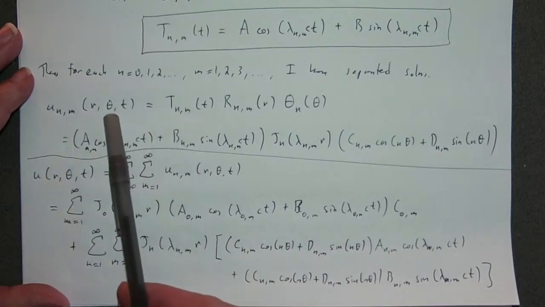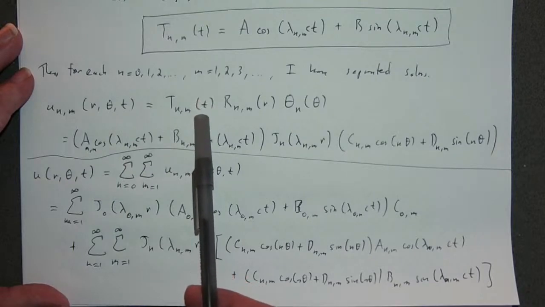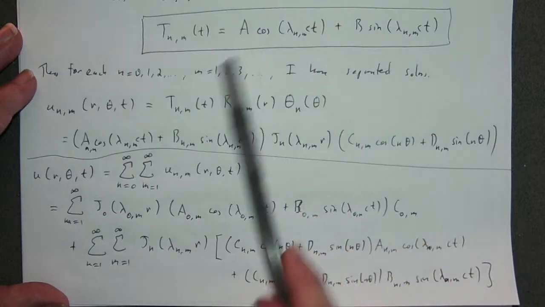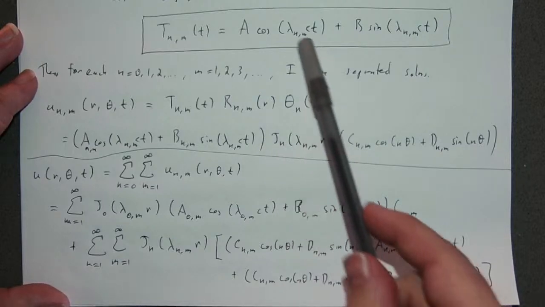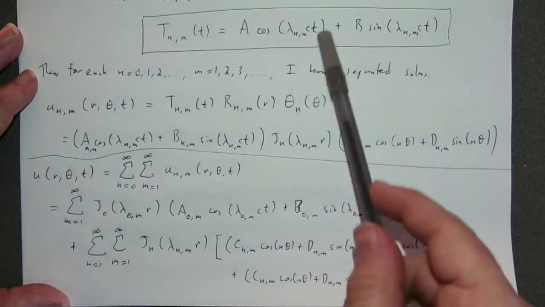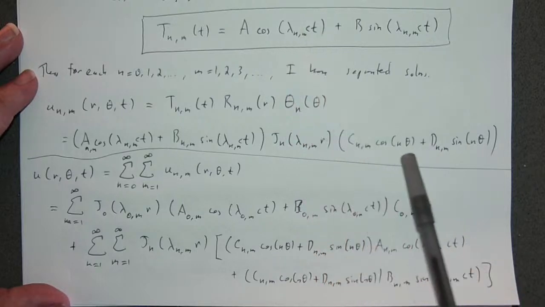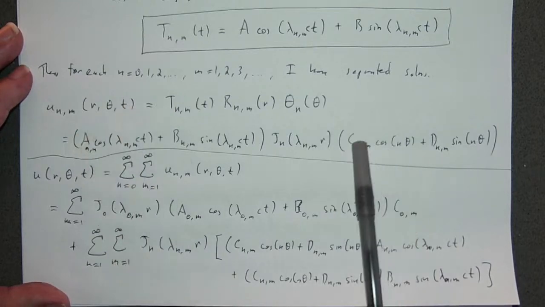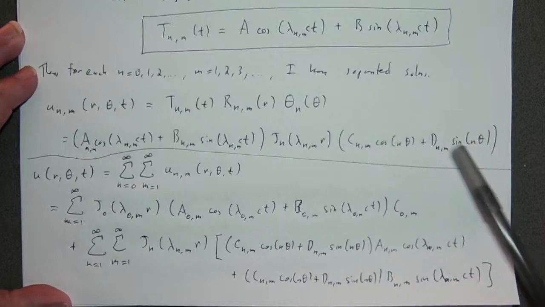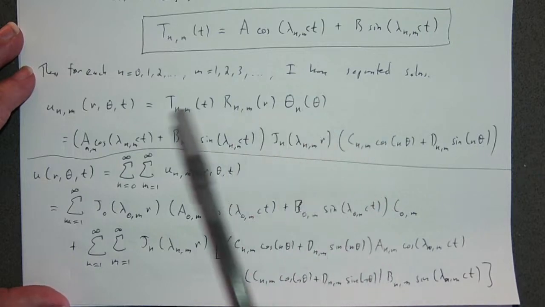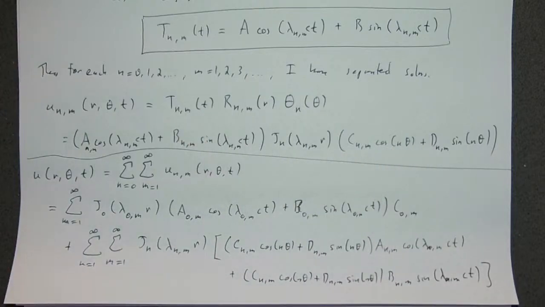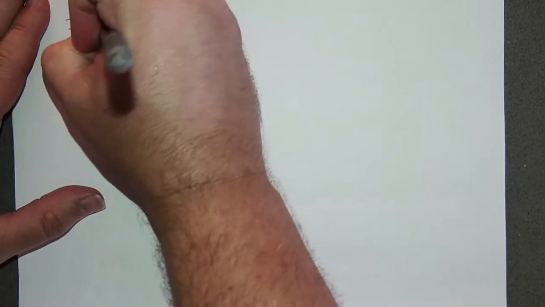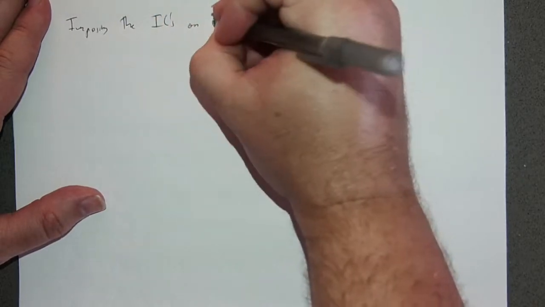So on this separated product, if t is equal to 0, I get T of 0, which is a constant, times my Bessel function here as normal, times this sine of 0, 0 times cosine, right? Here. So if t is equal to 0, this is left unaffected. So this is going to be times cosine. If I take the derivative of this with respect to time and impose that same condition, it's going to be the exact same thing times sine, right? And so imposing the initial conditions on my separated solution,